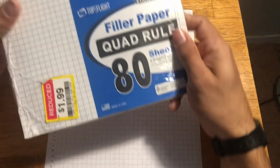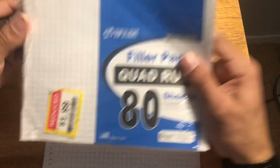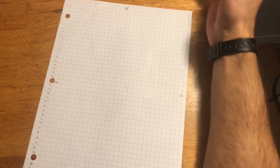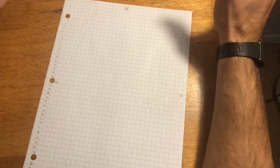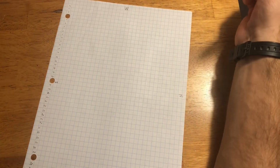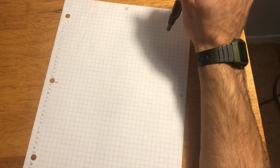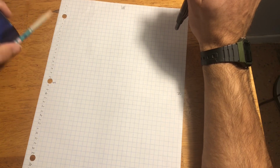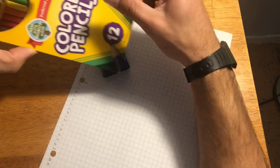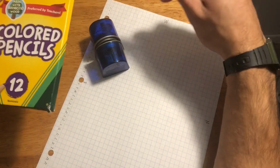It's nothing special, just some filler paper that I got from the grocery store a few years ago. And after that, like I said, I like to have my previous year's garden plan. If you don't have that, that's okay. You can kind of just base it off of memory, or you can just plant what you want to plant. It doesn't matter. It's your garden. I also like to have pens and a few pencils, a pencil sharpener,